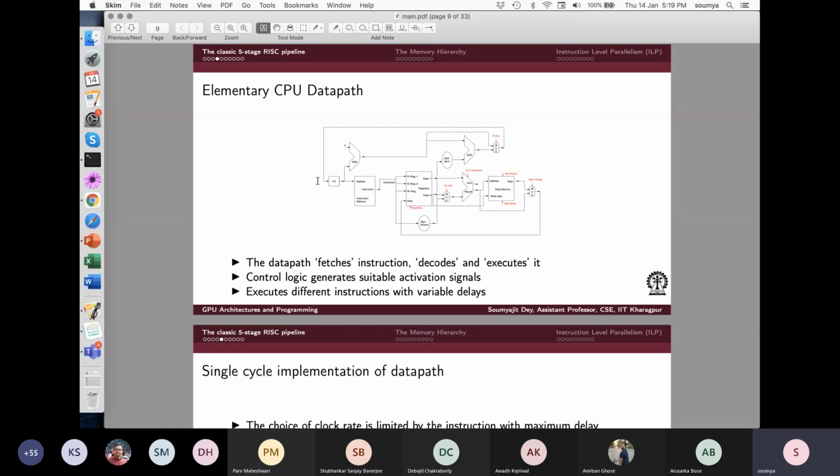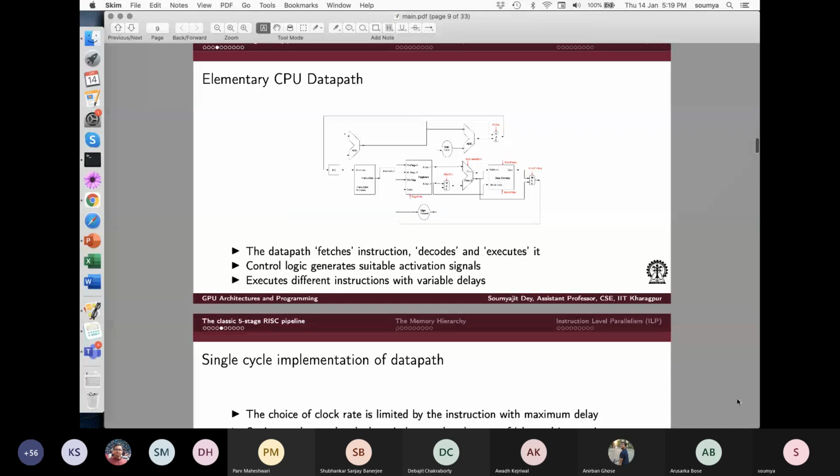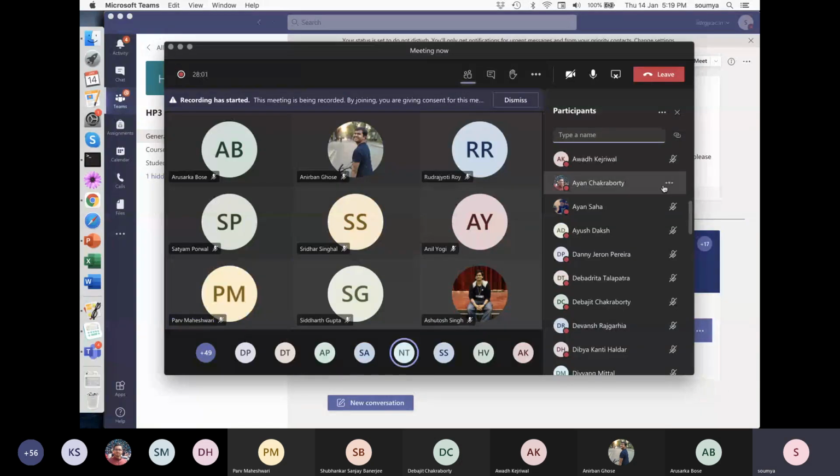So now what will happen? Whichever operation has to take 3 cycles will complete in 3 cycles. Whichever will take 5 cycles will complete in 5 cycles, like that. But overall I will get a speed up here, because each of the stages is becoming fast, and I am not limited by the maximum delay that can occur in the data path. Was this thing clear to everybody? Yes, sir.